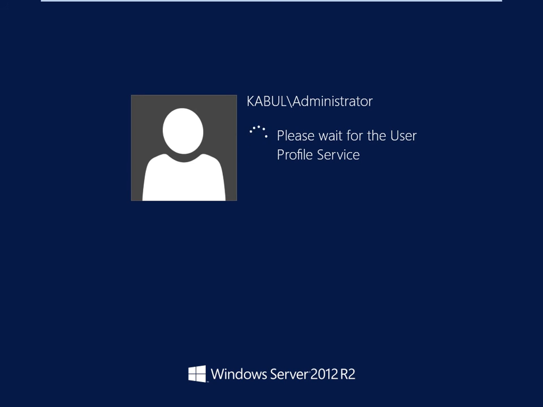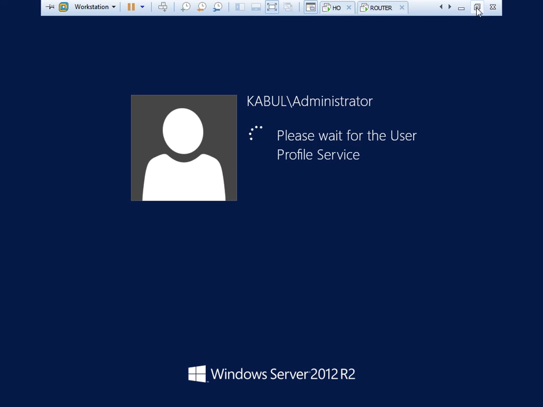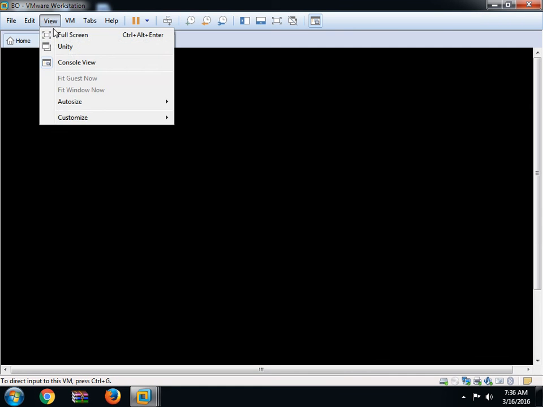So this system behaves like a branch office. The settings will take some time, then again we have to use the same command, dssite.msc.